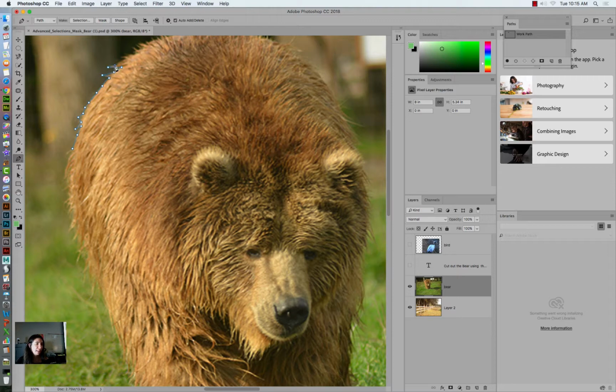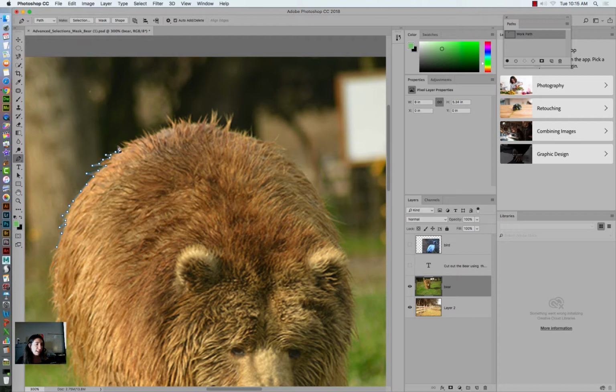So what I'm doing here is getting a little bit of a closer outline, but unlike the magnetic lasso tool, I can go back if I would like to and edit some of my anchor points as I want. So you'll notice if I move my cursor, I don't have this weird attachment like I have with the magnetic lasso tool. I'm kind of free. And if I wanted to go back right now, I can kind of mouse over my dots and you'll see this little minus sign. That would say, oh, let's get rid of that anchor point,